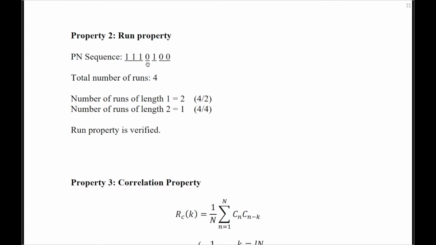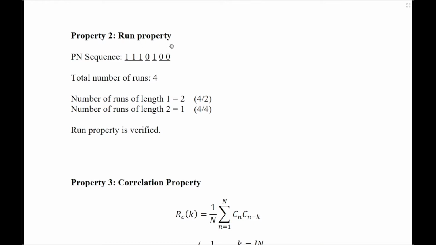Coming to the next bit, we have a 0, but there is nothing following it. So this will become a run of length 1. The next bit is 1, once again it has no following bits, so it is once again a run of length 1. Lastly, we have 2 zeros. Since they are similar, we combine them to form one run, but here it is made up of 2 bits, so we call it a run of length 2. Let us now calculate the total number of runs. It is 1, 2, 3 and 4. Let us write it here. Total number of runs is equal to 4.